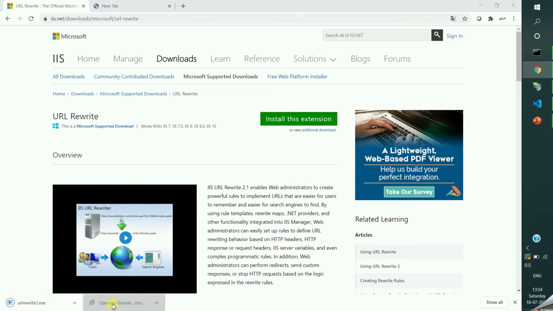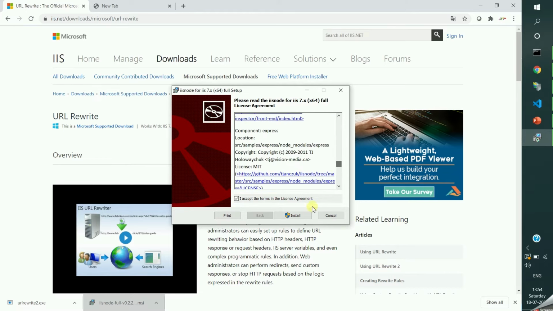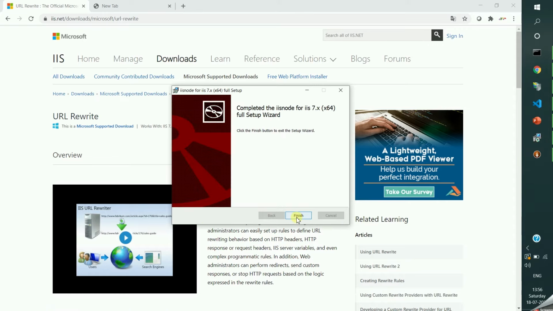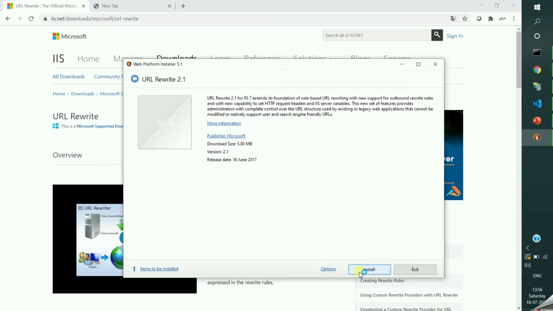Okay, let me install this IIS Node module first. It is getting installed. It has the license agreement. I'm just doing the installation. The installation, copying files, is getting completed. Let me install our URL Rewrite 2. I'm doing the installation.